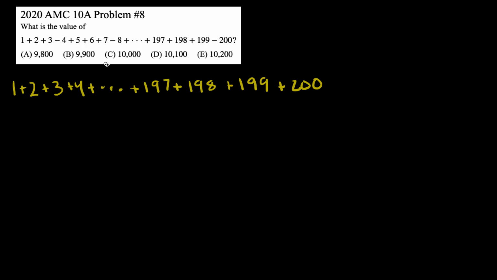So in order to get these negatives that we want over here, we need to subtract something from every fourth term. So how can we do that? Well, to get a -4, what do we need to subtract from this 4? Yeah, so we'll have to subtract 8